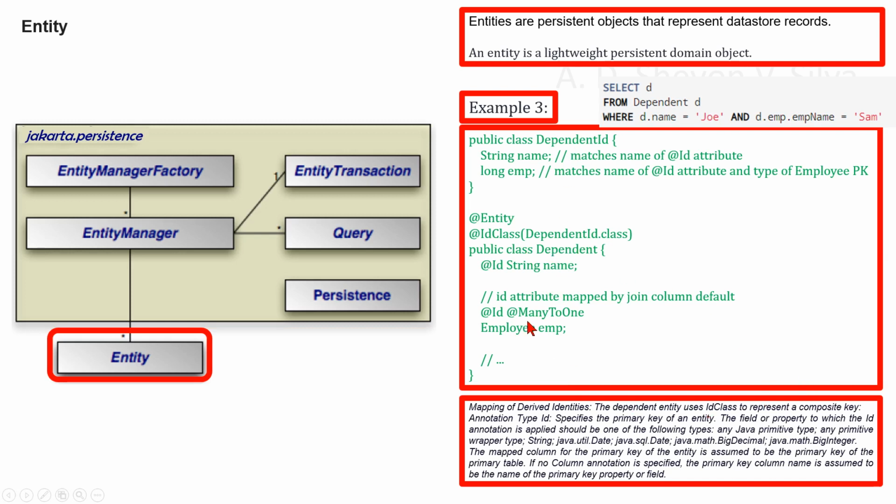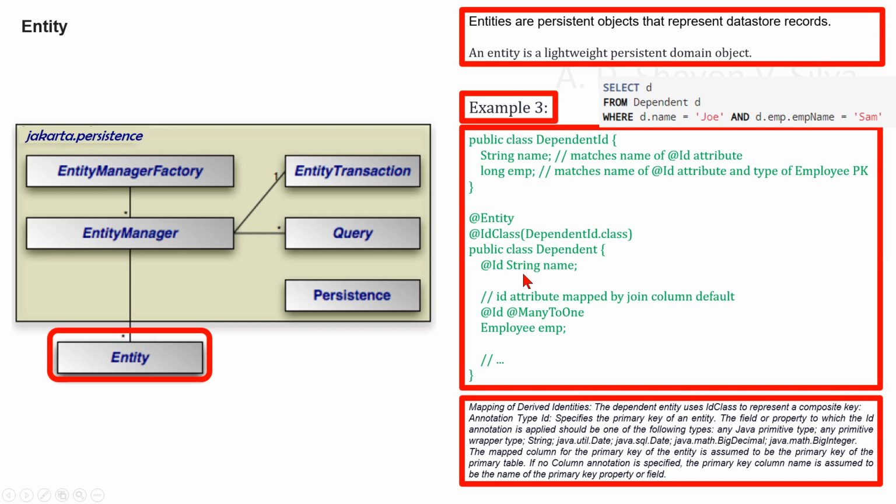Here the dependent entity uses ID class to represent a composite key. The annotation type ID specifies the primary key of an entity. The field or property to which the ID annotation is applied should be one of the following types: